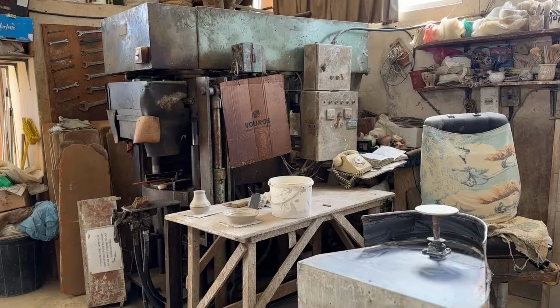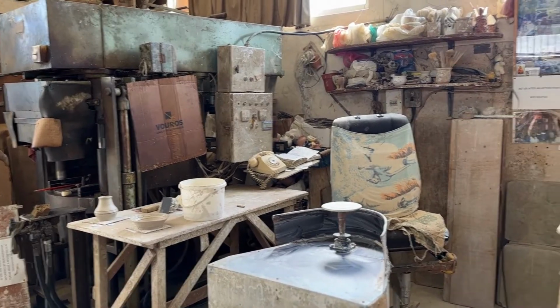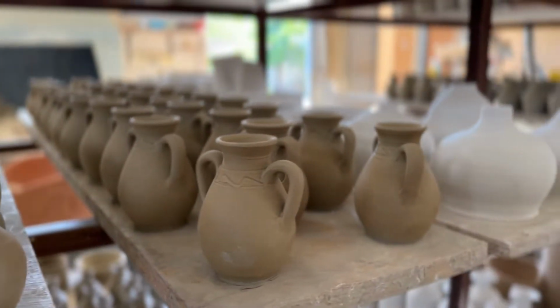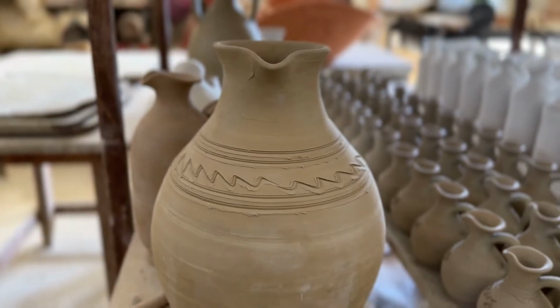But I was always thinking of moving from the big town. I come from a small place, so I've been there with millions of people, and it's different for me, you know. And I was planning to come back, of course, to Cyprus, and then in 87 I came back, and I made this workshop, working until today, and making pots for everybody, for special orders for hotels, restaurants, useful things, cooking pots,